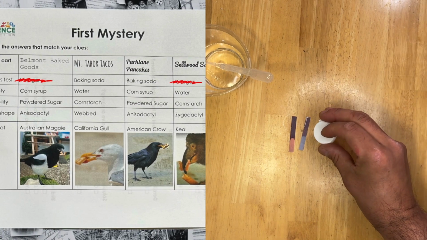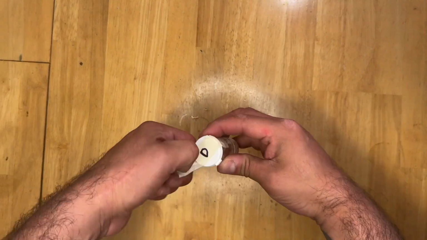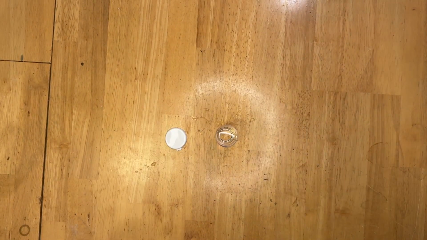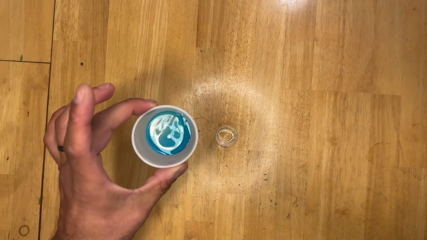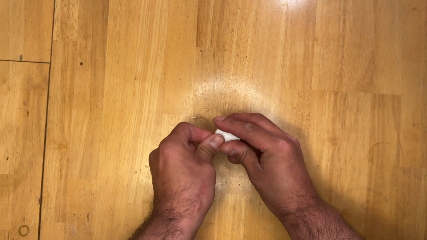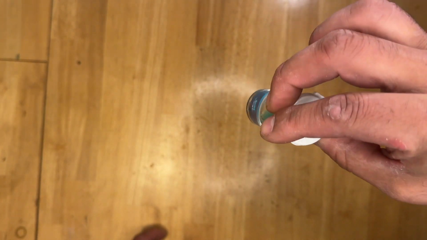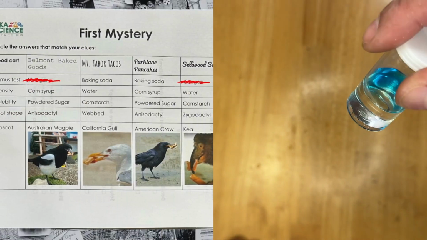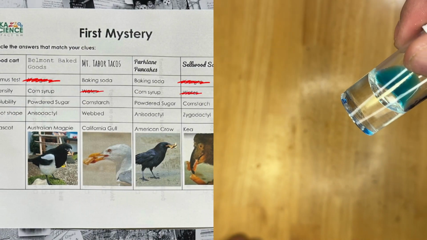Next up, we'll test for density. Open up the vial labeled D and pipette a few drops of the prepared blue liquid onto the sample in the vial. If it dissolves into the sample immediately, the sample is water. But if it stays sitting on top, which it appears that it does, we know our sample is corn syrup. So let's go ahead and cross water off the list.